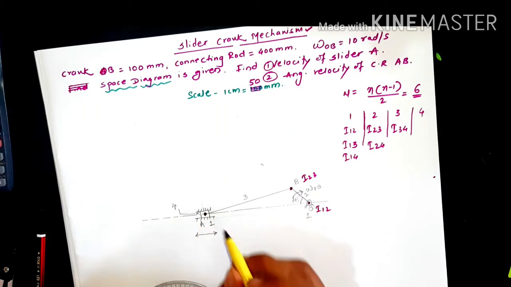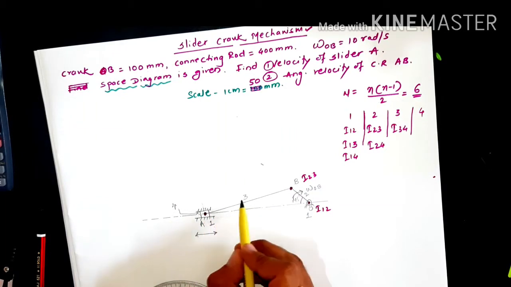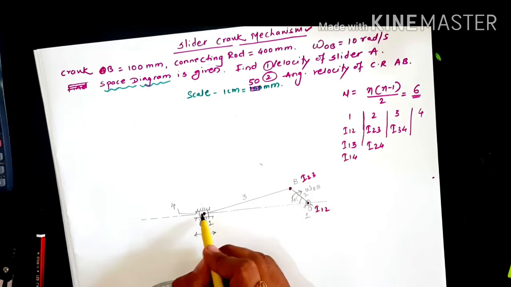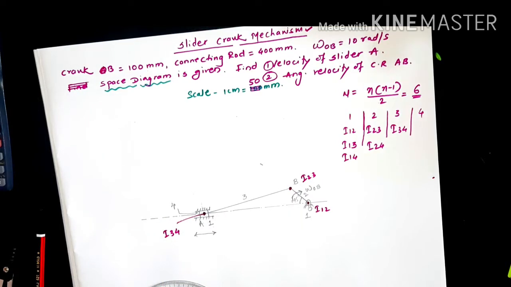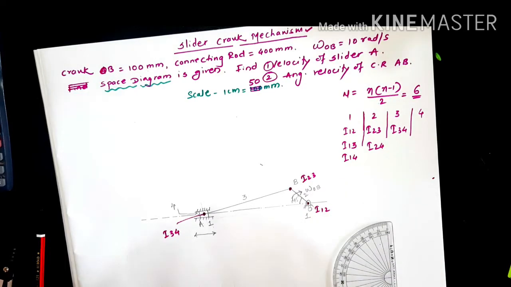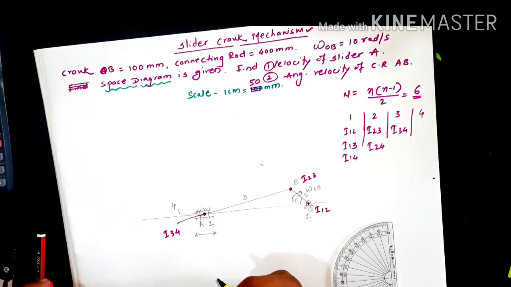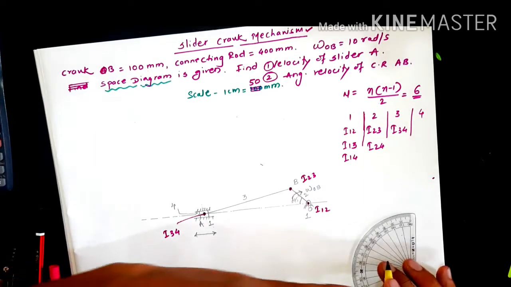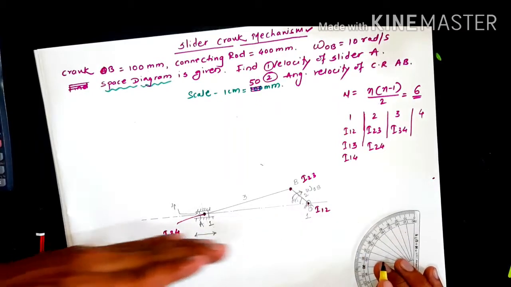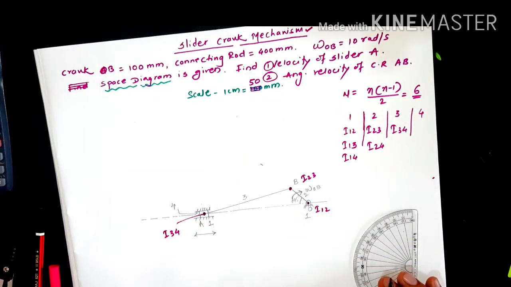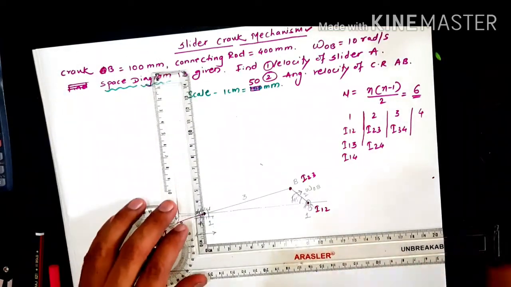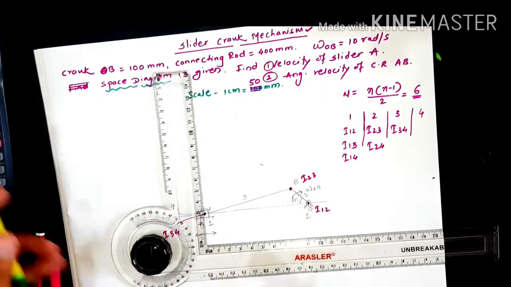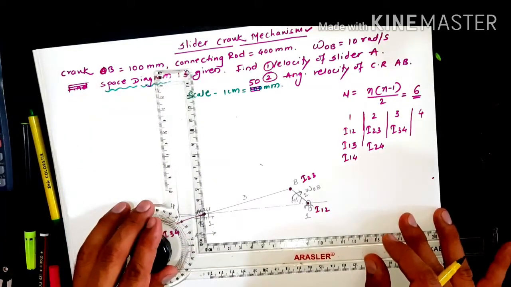Third, here at the junction, at the merging point of link 3 and the slider, this is my I34. Now the slider, as we have already discussed, is moving in this direction, so its velocity is a linear velocity. This is the line of reciprocation of that slider. Accordingly, its I center will always lie perpendicular to the motion of that slider, and it will always lie towards infinity.